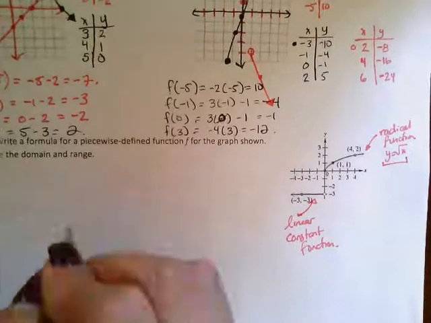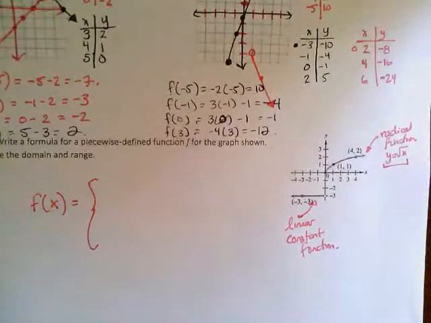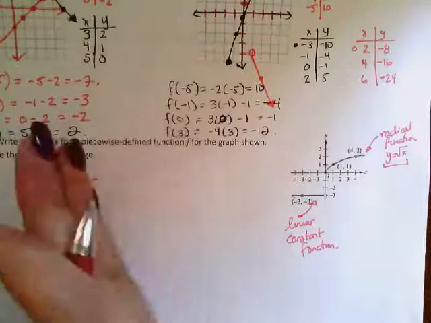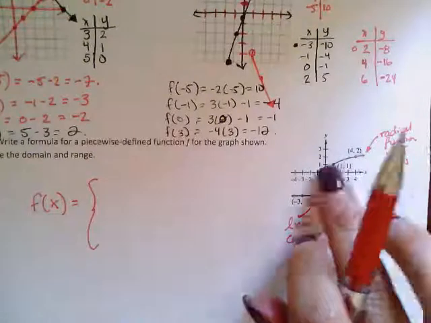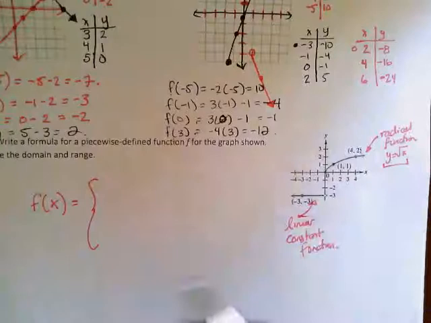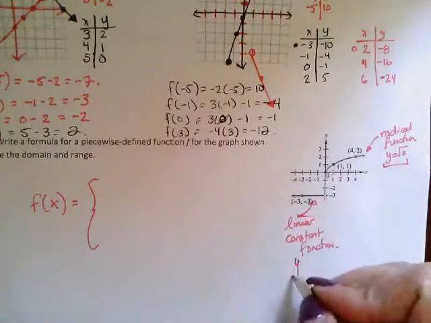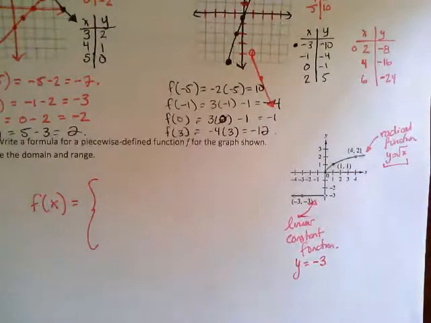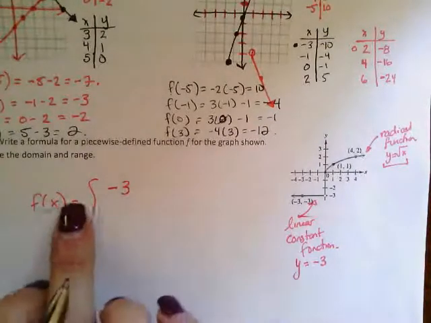So to write a piecewise function, it's f of x equals the big brackets. You always start like you're reading English, right? From negative infinity on. This graph is from 0 on, and this one is from negative infinity all the way to 0. And then what is this function? y equals what? Can we all agree that it's negative 3 because it's constant? So I have a function of y equals negative 3,